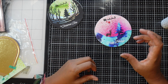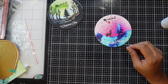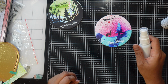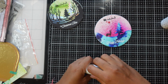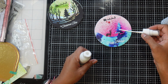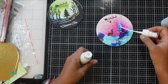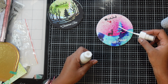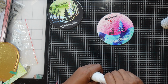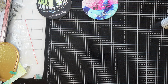We can add more splatter with this acrylic ink, and you can give that snowy effect on it if you want. I can do it a little bit here. I'll just add a little on the side. You can add more embellishments like tickles and snowy things, whatever you like. You can use snow paste also. So we will put them aside for drying, and now we will jump to the